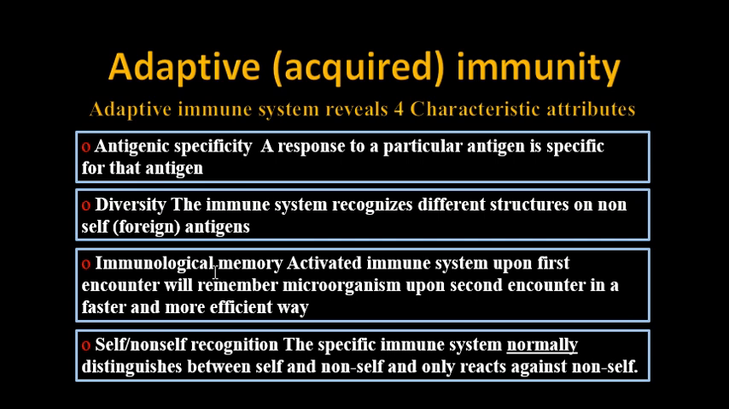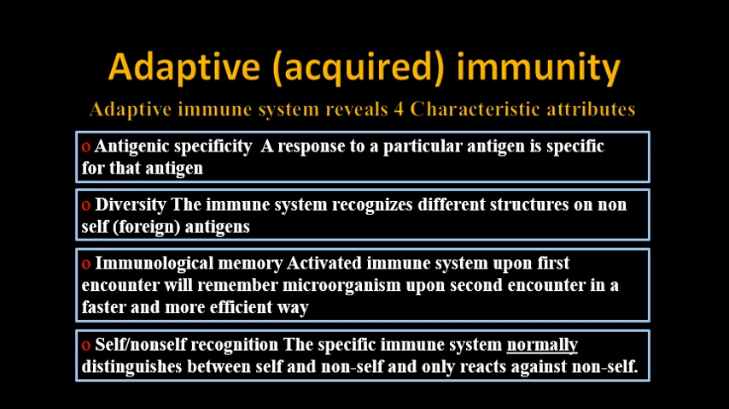The adaptive immune system displays immunological memory, so the activated immune system upon first encounter will remember the microorganism upon second encounter in a faster and more efficient way. The adaptive immune system has the capacity to discriminate between self and non-self antigens, and we mean by non-self, foreign antigens. So the specific immune system normally distinguishes between self and non-self antigens and only reacts against